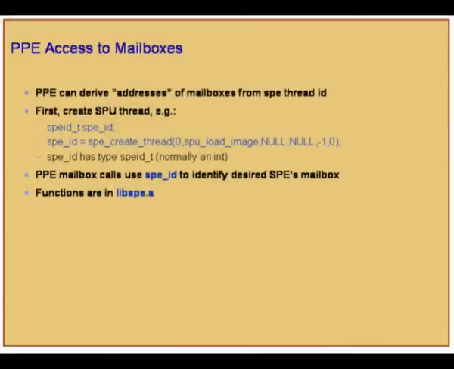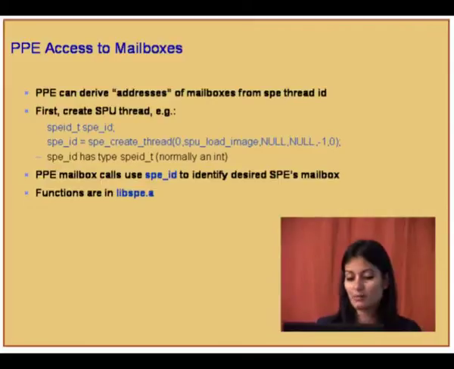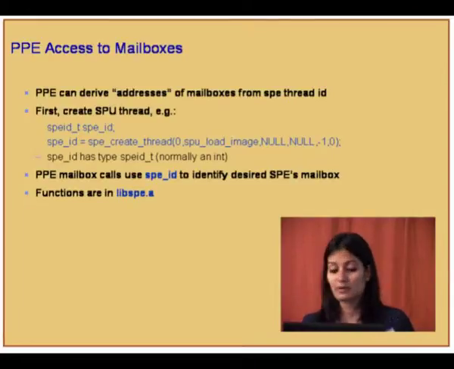Again, to check the status of a mailbox, the simple API is stat out mbox. Pass it the SPE ID, and find out if there's any data. Write out interrupt mailbox is also the same. Now, when the PPE is trying to call it, it will pass in the SPE ID. When the SPE is trying to call it, obviously there's no SPE ID. All it needs to do, when it's trying to do the write, is just send the data